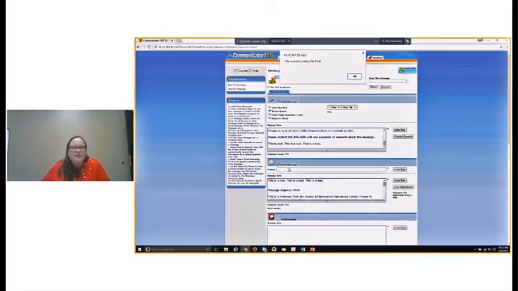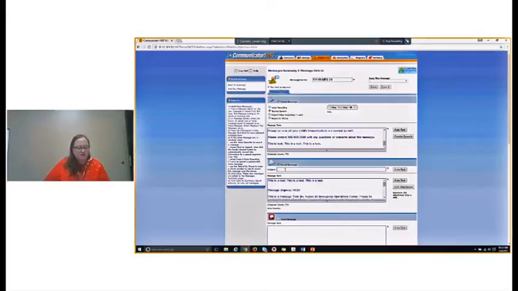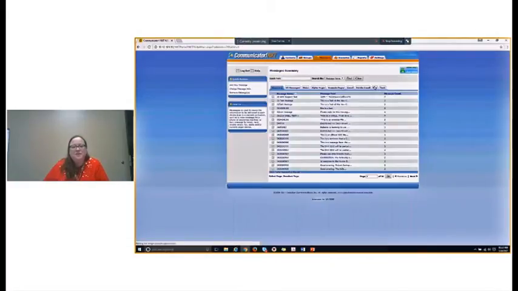So it's telling me I have to put a subject in. It's not going to let me. That's one thing about Communicator: if you're doing something that's going to make it fail, it'll remind you and prompt you. Like if you're trying to delete someone's contact, it'll ask, are you sure? When you're about to activate a scenario, it'll say, are you sure? Here, I'm trying to save a message but I don't have a subject line, so it's telling me I have to have that. Okay, so then once it's saved,